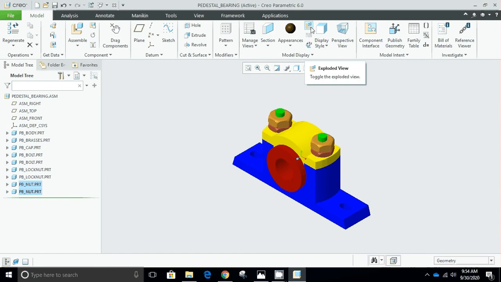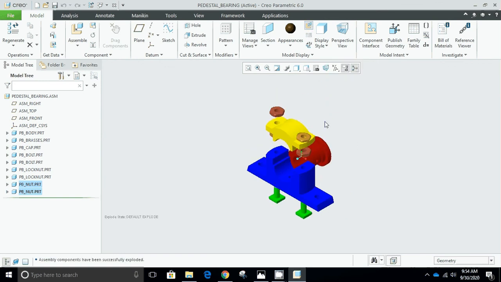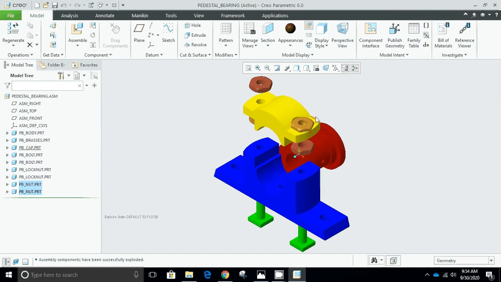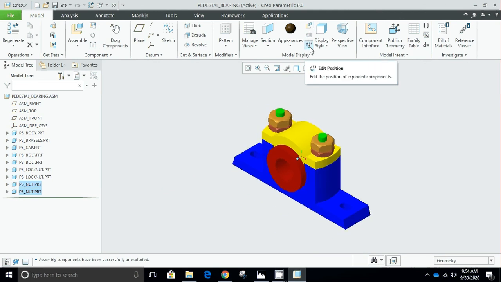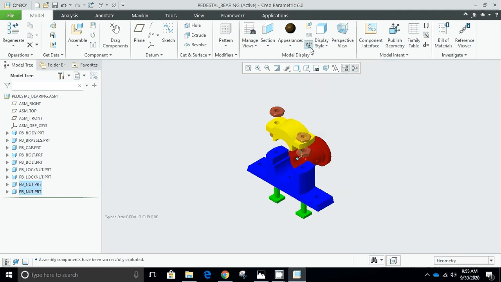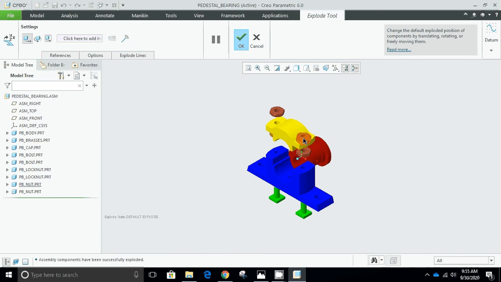In order to view the exploded view, in order to view each component in a segregated or separated form, I will be pressing this explode view. So each component is now separated, but its location is not appropriate, so I will be selecting it again to get it assembled. Then this button can change the position of exploded components. If I press it, then press this one,